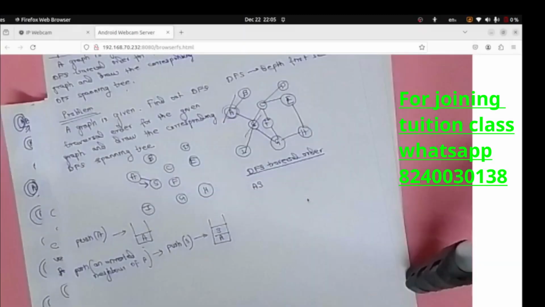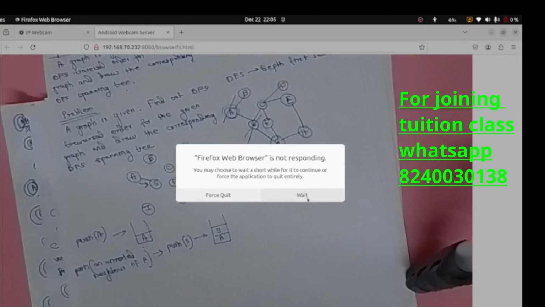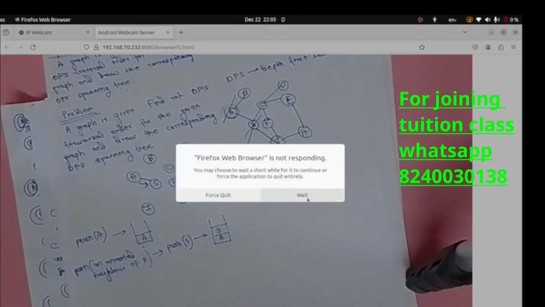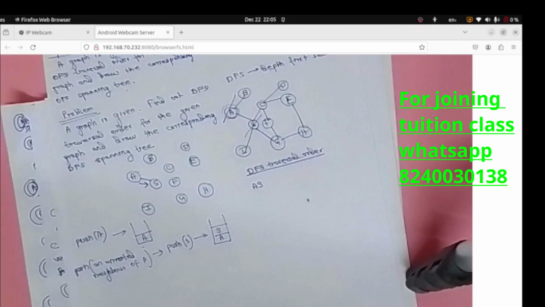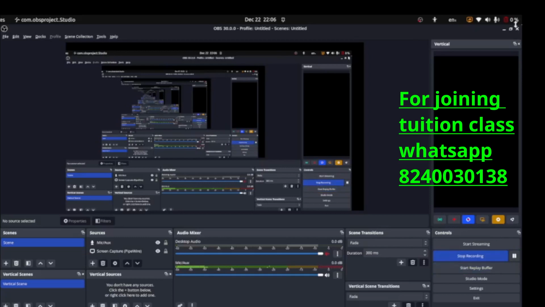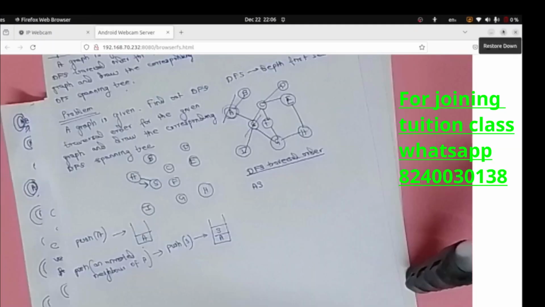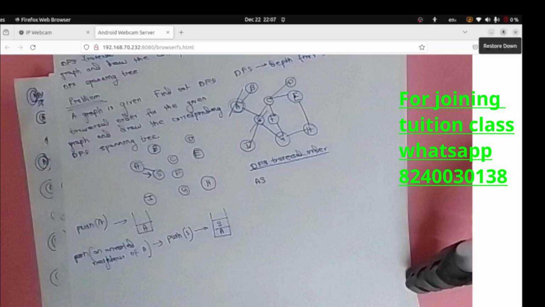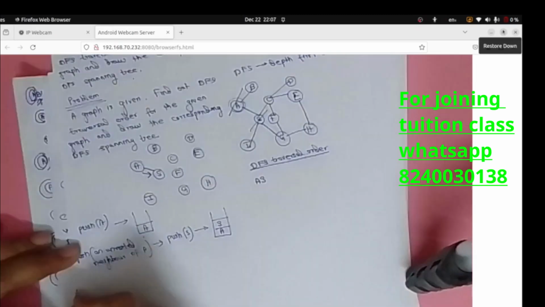Okay, so an unvisited neighbor of A is S. So what we are doing, we are moving forward from A to S. Here there will be a path from A to S. The next operation obviously will be a push operation, and the push operation will be on the current topmost element of the stack, which is S. The next operation is push on an unvisited